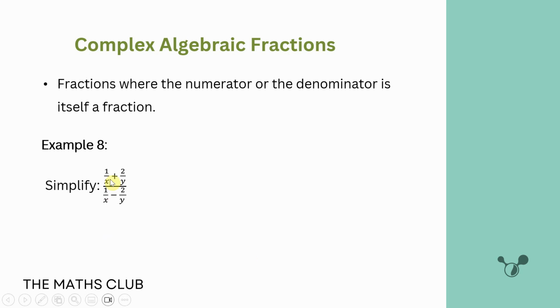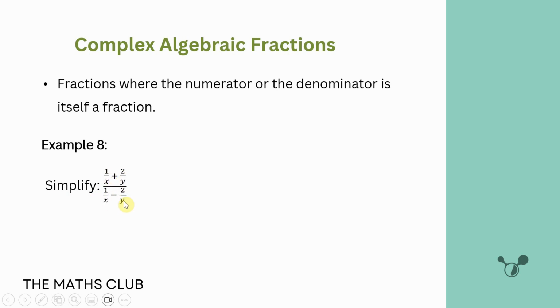You can see that the denominator itself is a fraction. The denominator itself is also a fraction, a combination of fractions, right? When it's things like this, you know they are dealing with complex algebraic fractions. Now let's simplify. In the numerator we have 1 over x plus 2 over y, and in the denominator we have 1 over